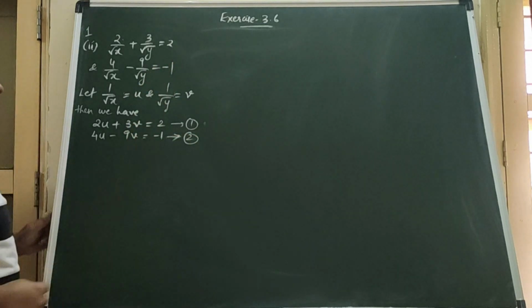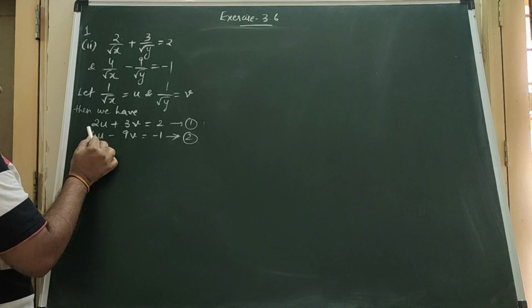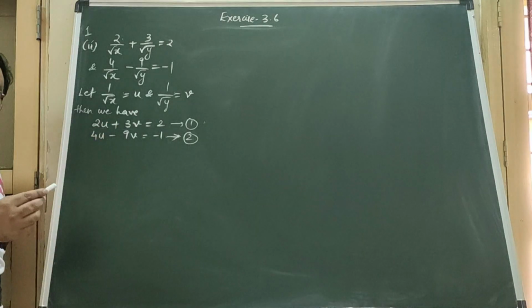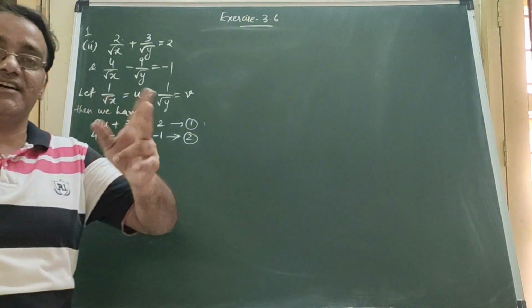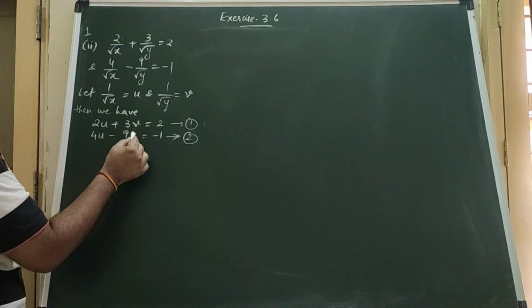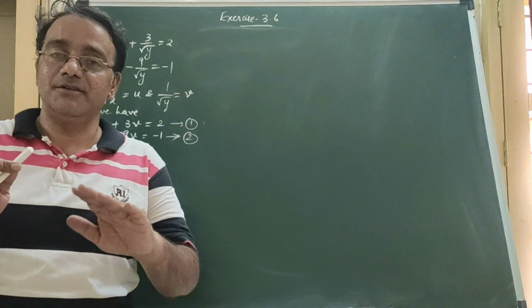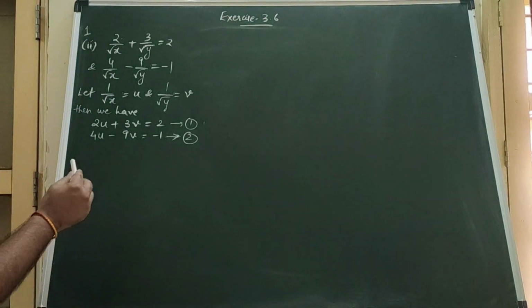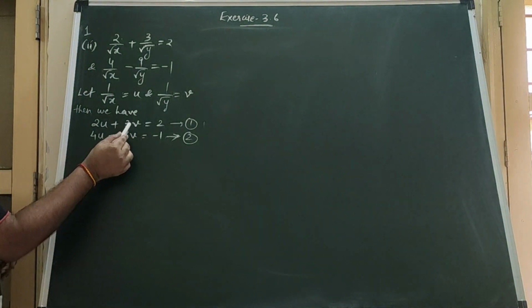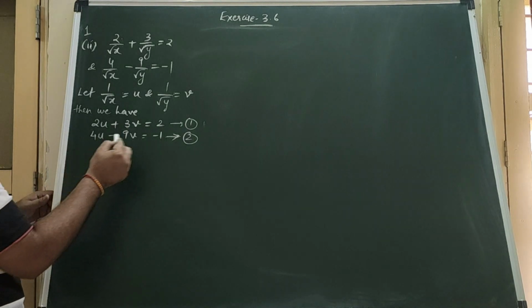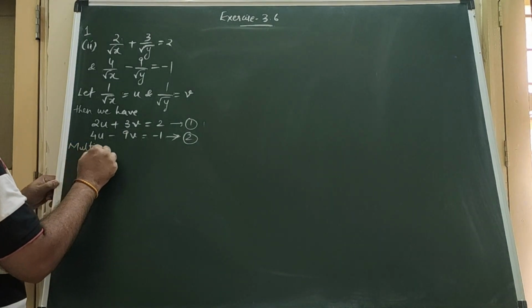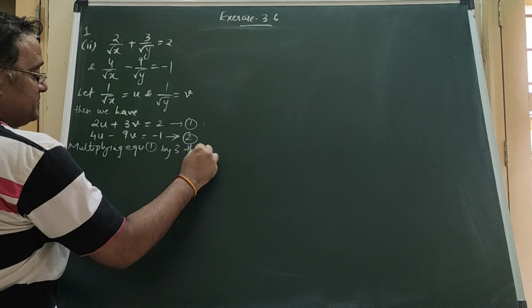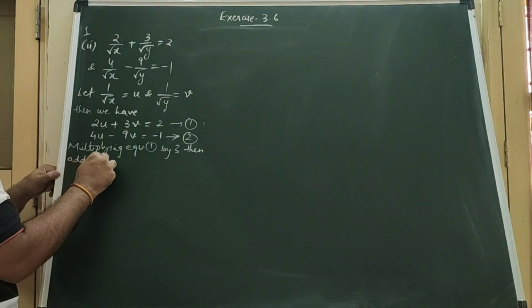This is the second equation. Now see carefully, we can make the coefficient of u the same by multiplying with 2, and of v by multiplying with 3. लेकिन हम लोग किसको प्रेफरेंस देंगे जिसका साइन अलग अलग है. So v का साइन अलग अलग है. See, there is no rule for such preference. मैं केवल प्रेफरेंस बता रहा हूँ जल्दी सॉल्व करने के लिए, right? So multiplying the first equation by 3, then adding with 2. So I am writing: multiplying equation 1 by 3, then adding with 2 we get.